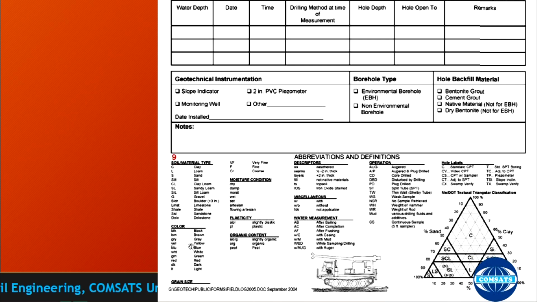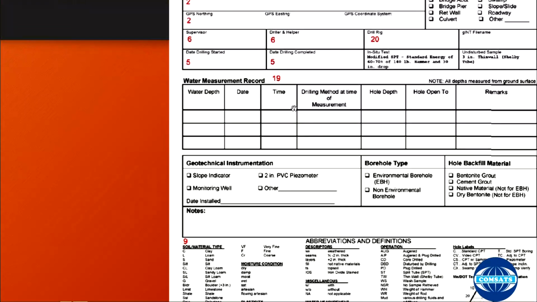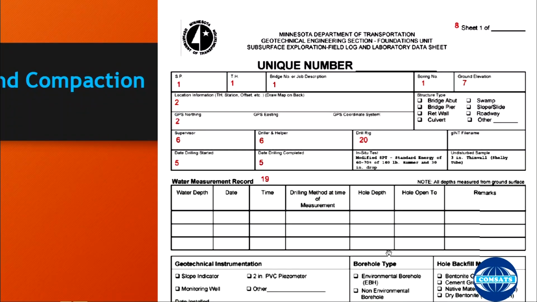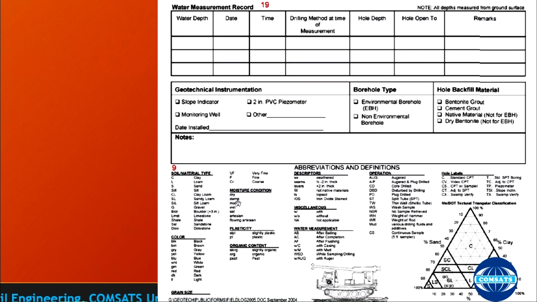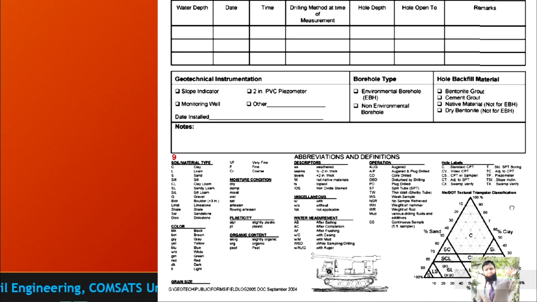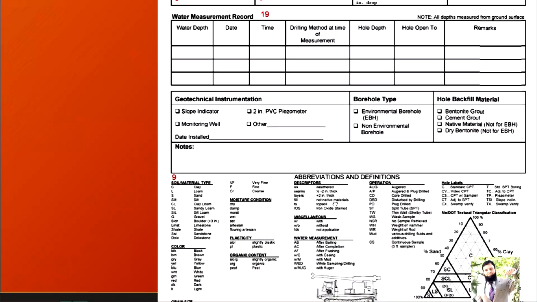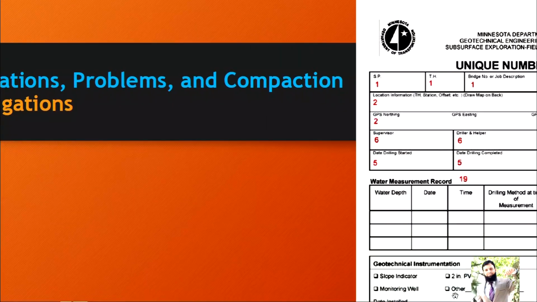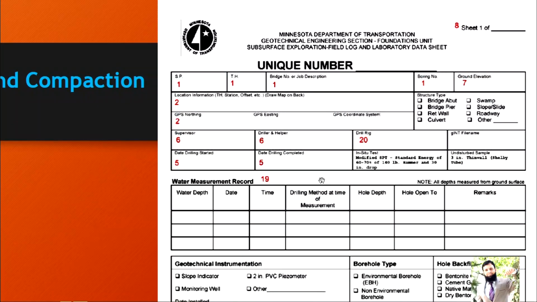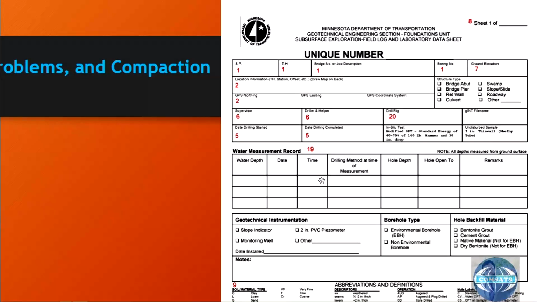for soil material type and colors, which will be helpful in entering the data, and moisture condition, plasticity, organic content, descriptions, miscellaneous, water measurement, operation, hole label, and this is your unified soil classification. So this is a soil exploration field log